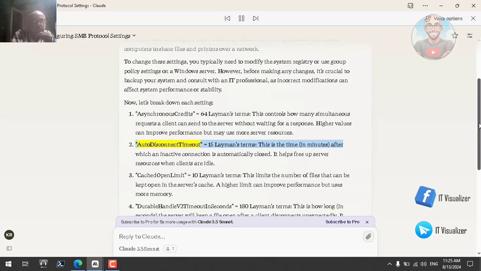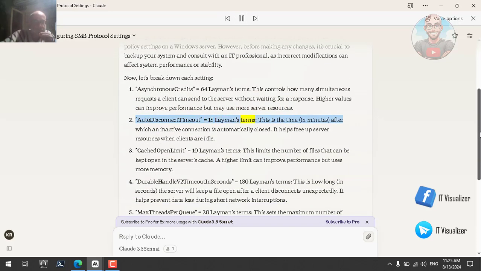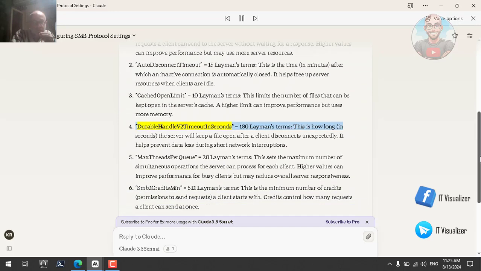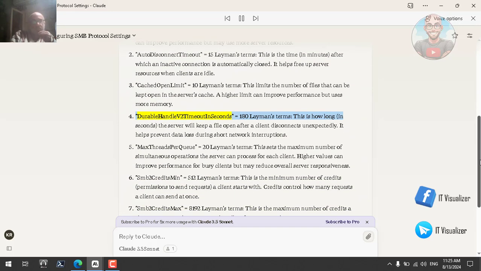Auto disconnect timeout equals 15, in layman's terms: this is the time, in minutes, after which an inactive connection is automatically closed. It helps free up server resources when clients are idle. Cached open limit equals 10, in layman's terms: this limits the number of files that can be kept open in the server's cache. A higher limit can improve performance, but uses more memory. Durable handle v2 timeout in seconds equals 180, in layman's terms: